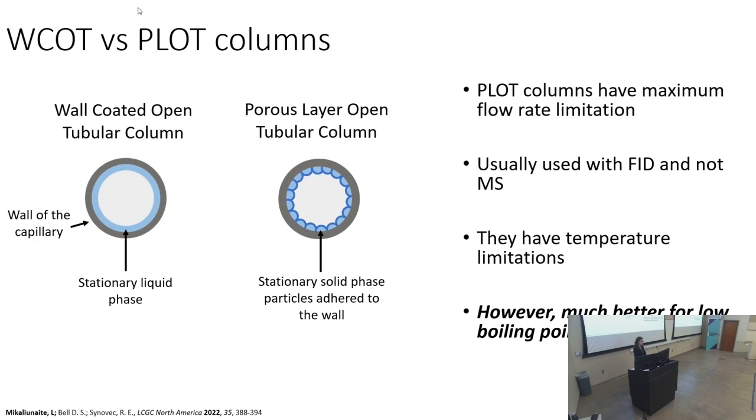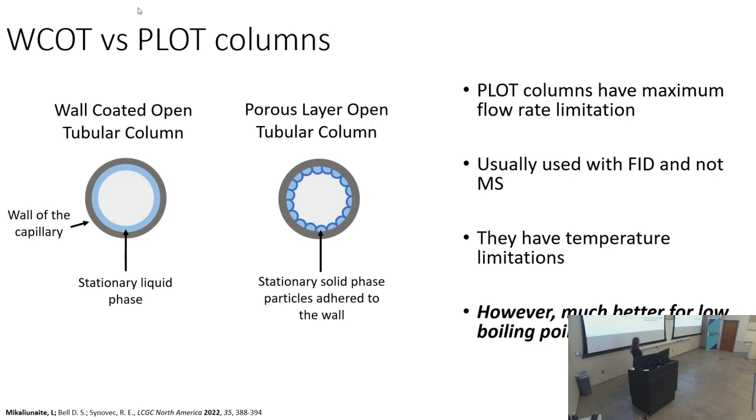They were traditionally known to have some particle shedding, so they're mostly used with FIDs and not really mass spectrometers. They also have some temperature limitations because they never needed to go that high. They're used mostly for gases,